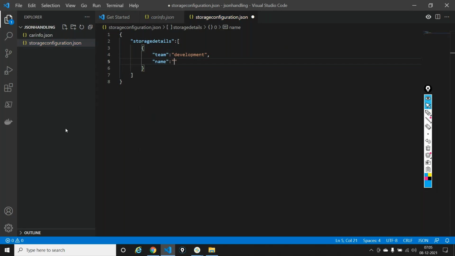Since it's dev, I'll say devstorexyzabc000, something like this. And I am saying okay fine, I want to also define the location of this particular storage account where I want to create this. And I would say it is location, and I will say the location here is North Europe because the development team wants it there. And I'm also defining the replication model, which is the SKU. So I'll say SKU name